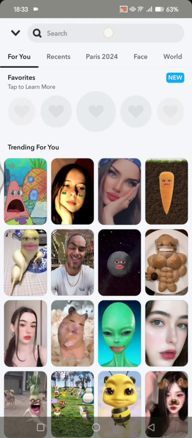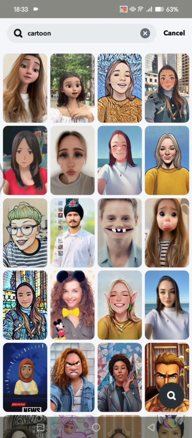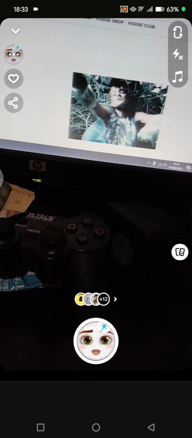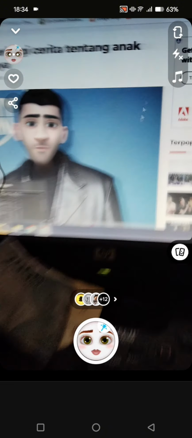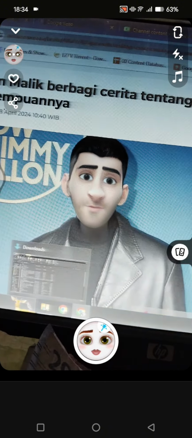Let's search for cartoon in here. Type in the keyword cartoon, and then you can just select one of the cartoon effects. I'm going to use the first one right here. Find the face, so I'm going to just use this one for example, and as you guys can see here,